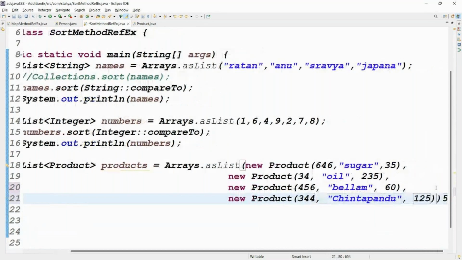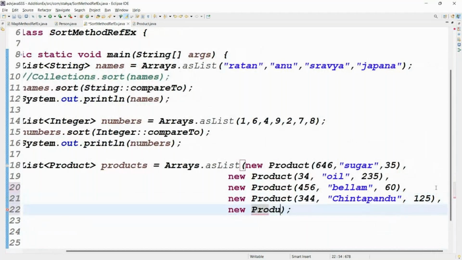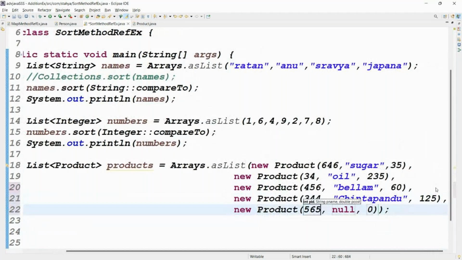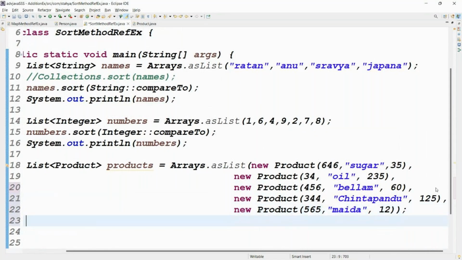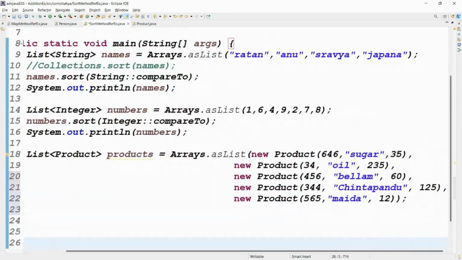Let me add for Sri also, a product she is saying, Maida Pindi. Maida Pindi cost is 12 rupees. Yes, can you please sort the data first